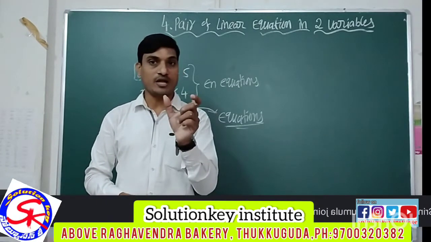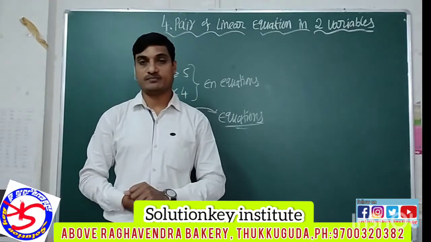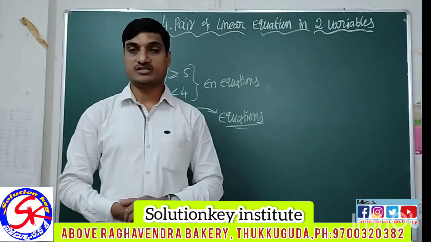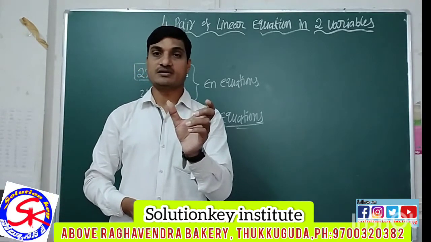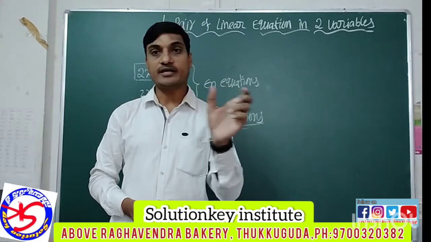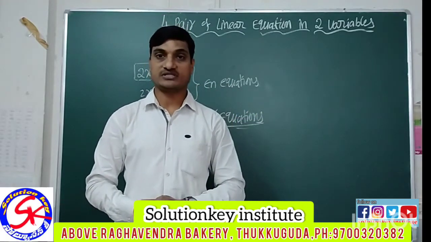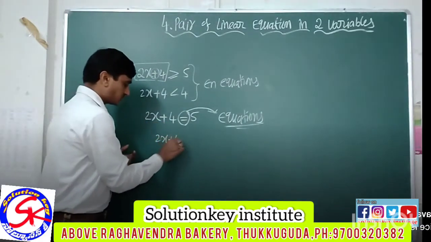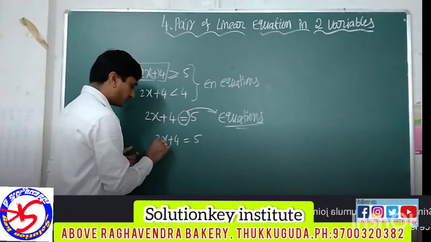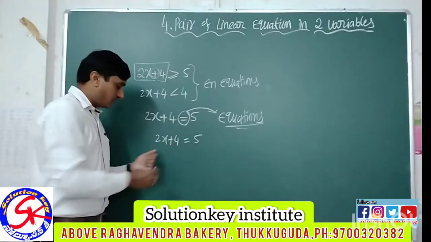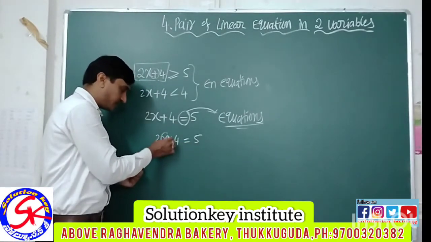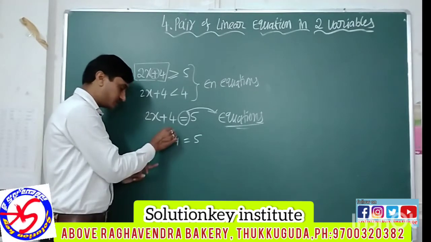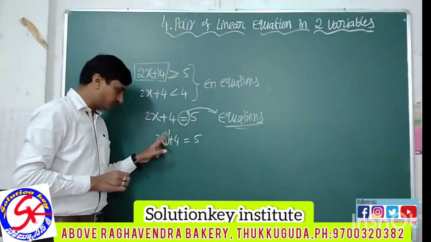What is the highest degree of the polynomial? First of all, come to the point of polynomial. What is a polynomial? A polynomial means an algebraic expression containing non-negative exponents, indices or powers. For example, I am taking 2x plus 4 is equal to 5. In this one, how many variables are there? Only a single variable. That single variable does not have a negative exponent. There is nothing written, so it is 1. And it is a plus symbol.